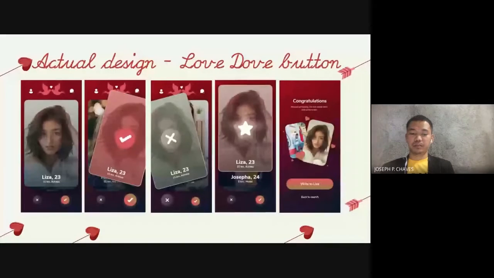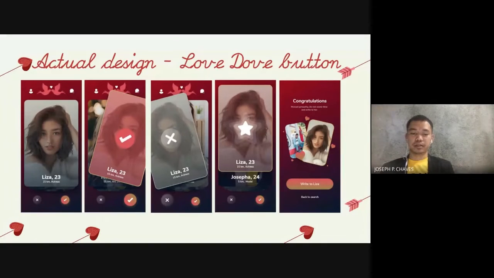In swiping right, the button turns red, while in swiping left, if you don't like the person, the button turns darkish gray. And then if you match each other, you will have the UI with both of your profile pictures together.